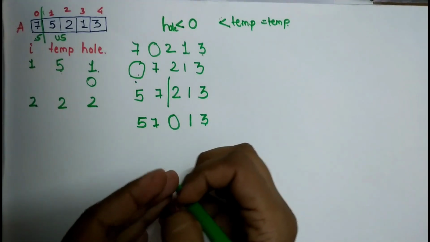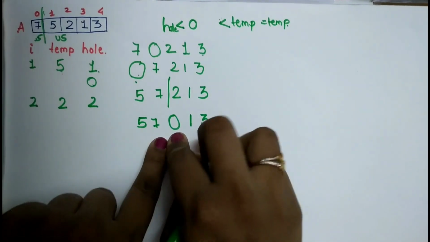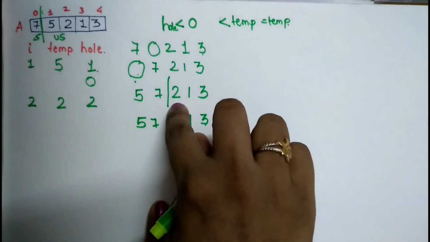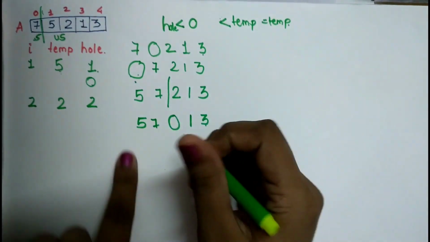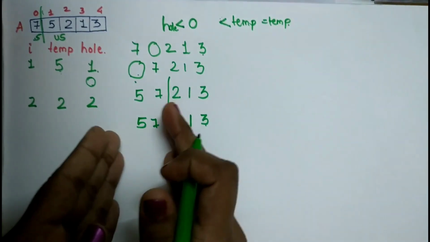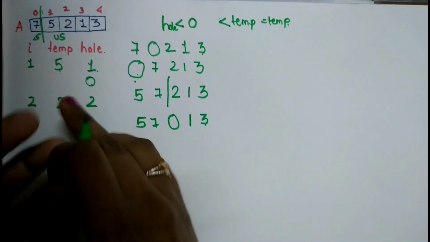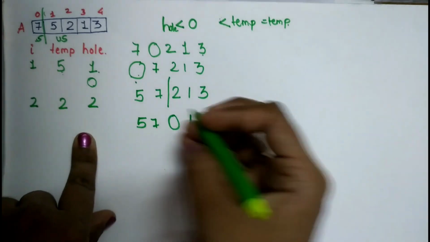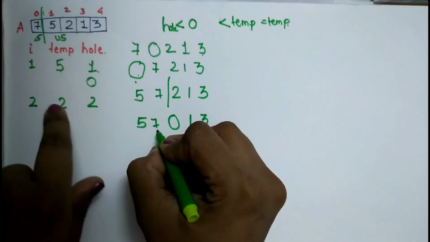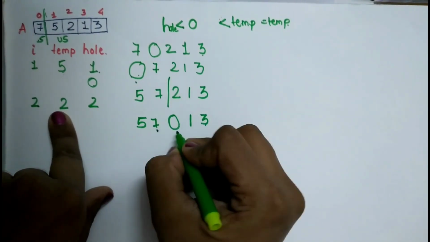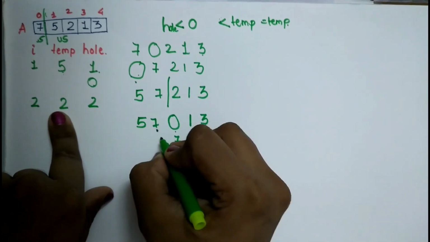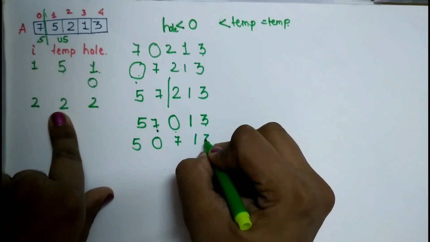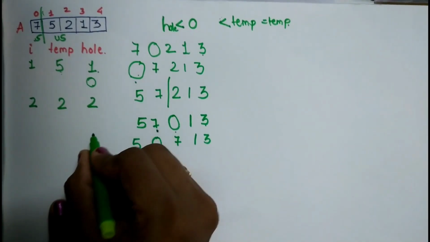So as I've mentioned, now I need to compare the values previous to the whole and find the particular value where I can place my 2. Till the position I find elements greater than my temporary variable, till then I'll move those elements one step ahead. Like here I find 7 which is greater than 2, so I'll move 7 one step ahead. Now the array will be, here will be the whole, 5, 1 and 3. Now the value of whole here becomes